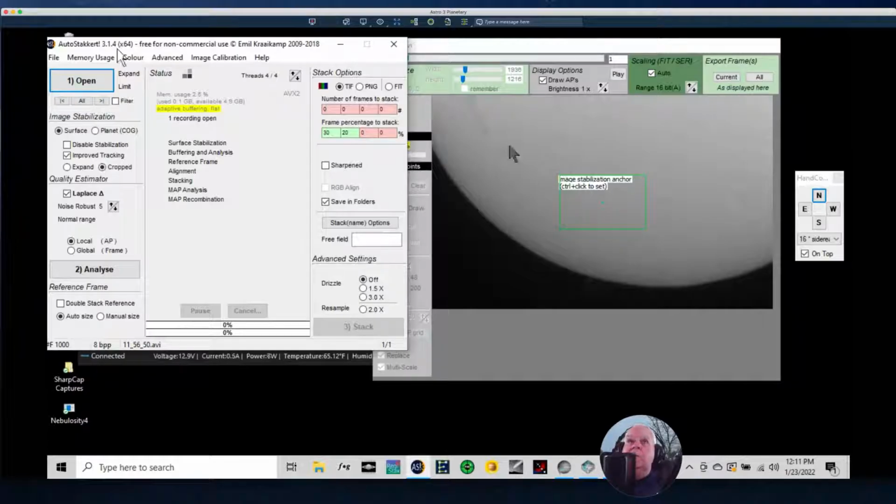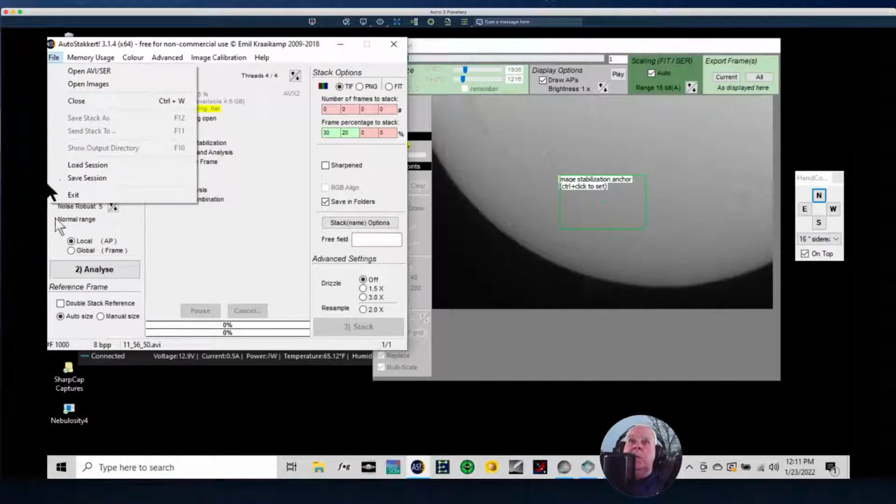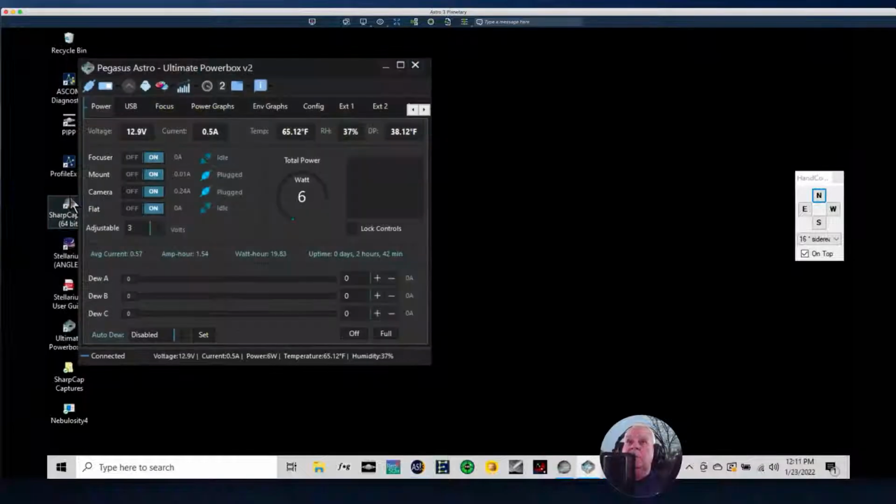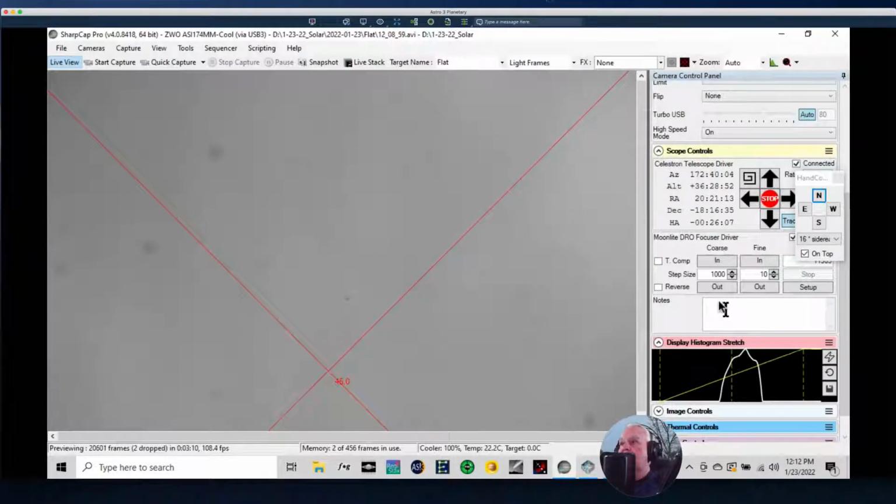So that's all, folks. I'm going to go back and play around taking some more images of the sun. This is my ultimate power box. It's 65 degrees out, but I doubt that's the case because the sun's shining on my sensor. And so when that happens, yeah, I don't pay any attention to the temp. But let's bring up our imaging software and let's rack it back in. And with that being said,